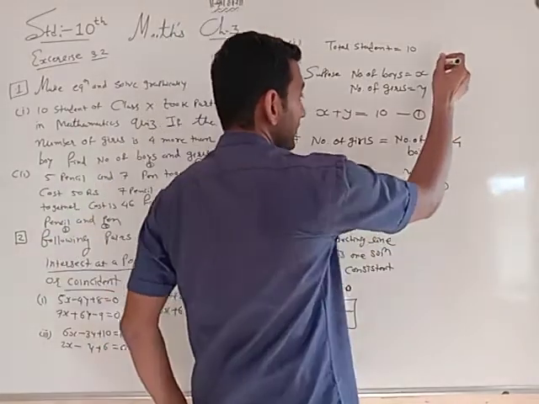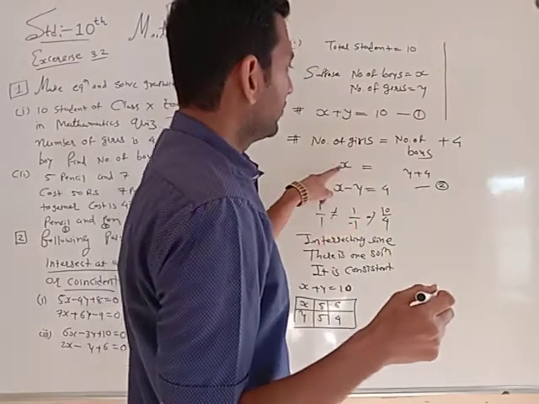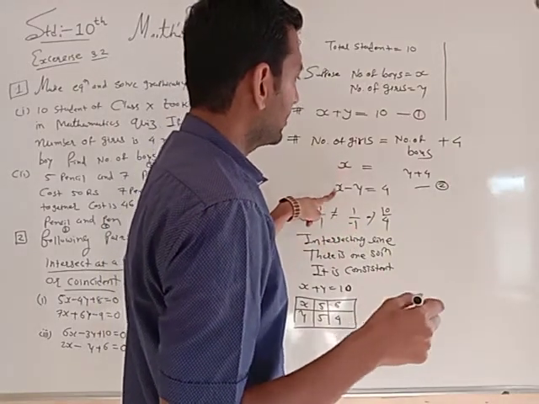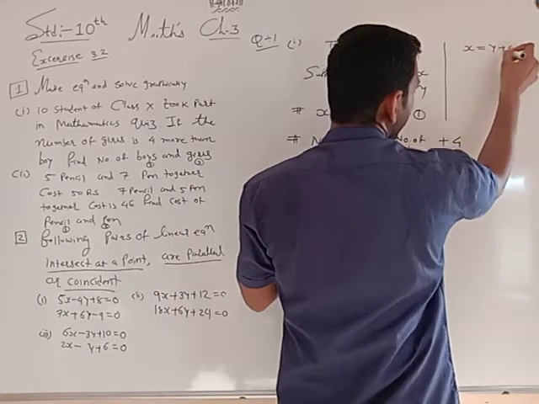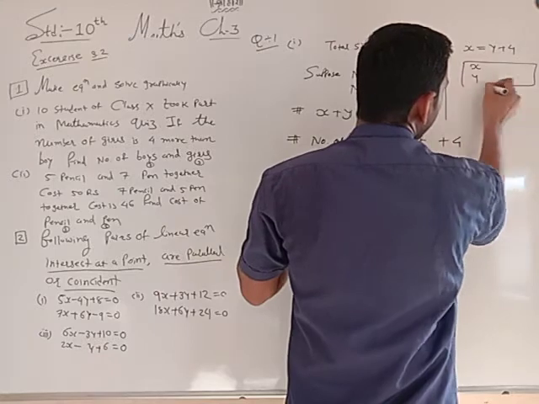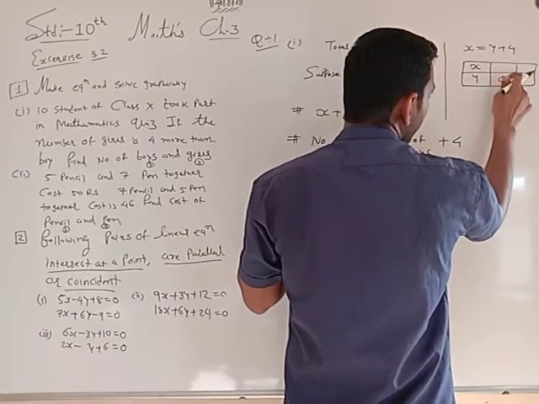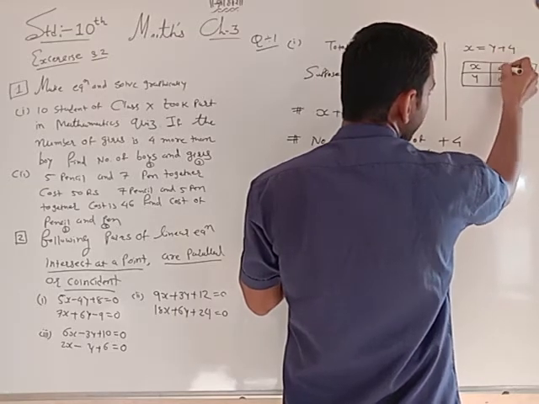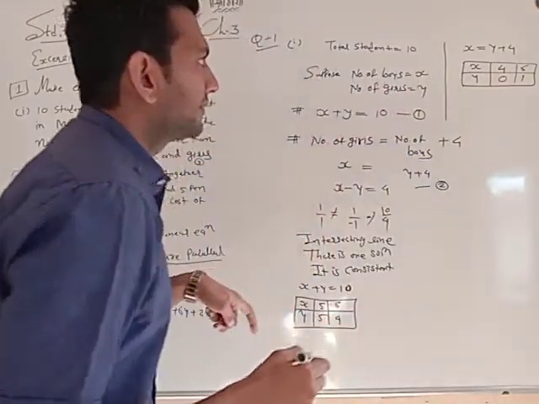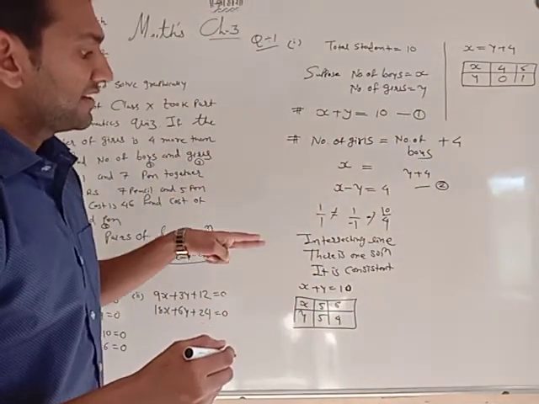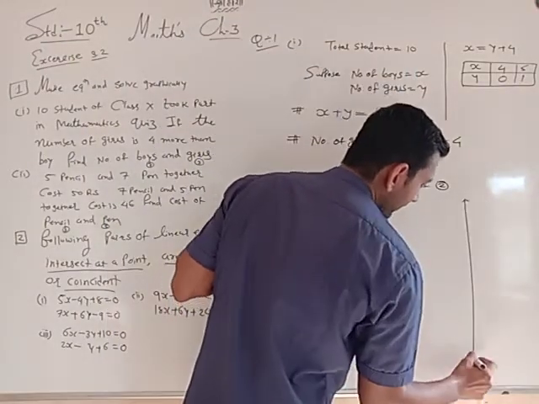Now in the second equation, what is the second equation? You can take this one or this one as you wish. x is equal to y plus 4. Taking y is equal to 0 and 1: if you take y is equal to 0, then 0 plus 4, x is equal to 4; y is equal to 1, 1 plus 4, answer is 5. Already I found two solutions of both the equations, so let's draw the graph.